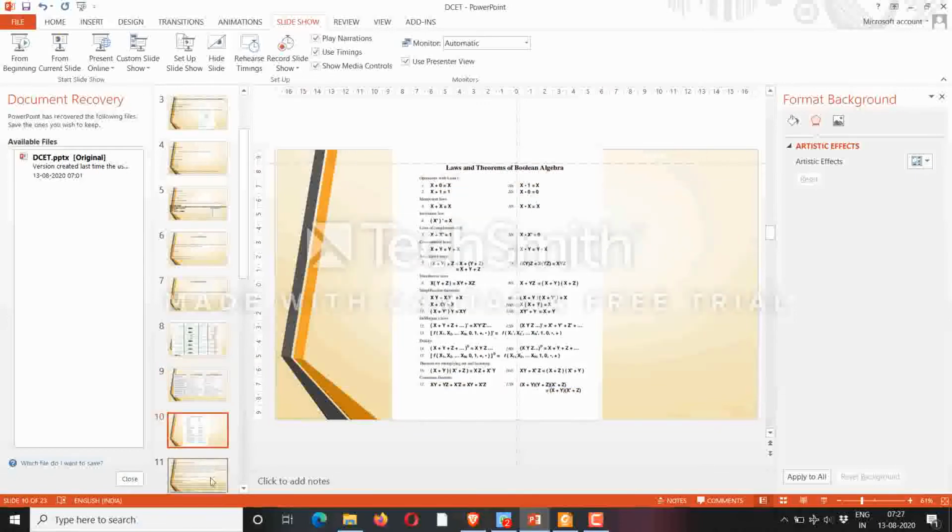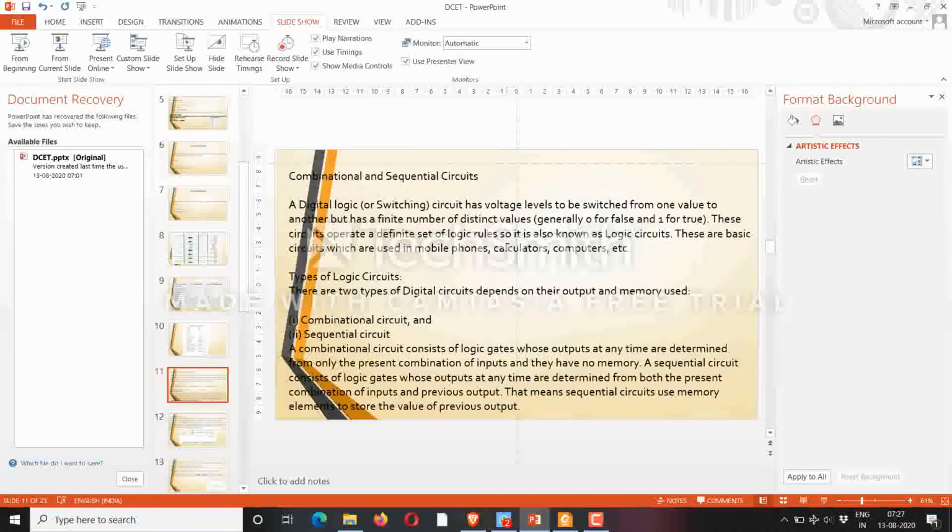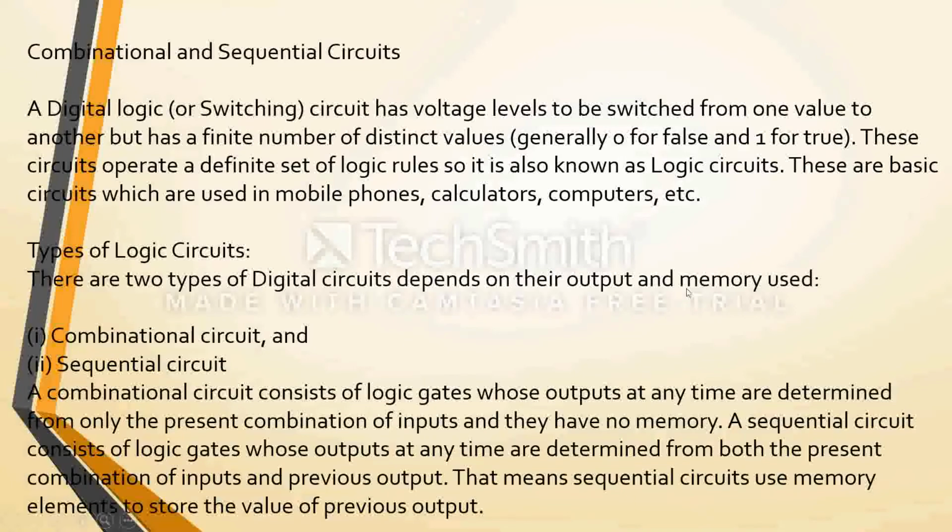Let us move to the next topic, a very important topic: combinational circuits and sequential circuits. Let us have a quick overview of what a combinational circuit is. A combinational circuit is basically made up of gates, and its output depends only on the combination of inputs that are provided. It does not remember anything, there is no memory element. That is the basic difference between a combinational circuit and a sequential circuit. How it looks, we'll see.